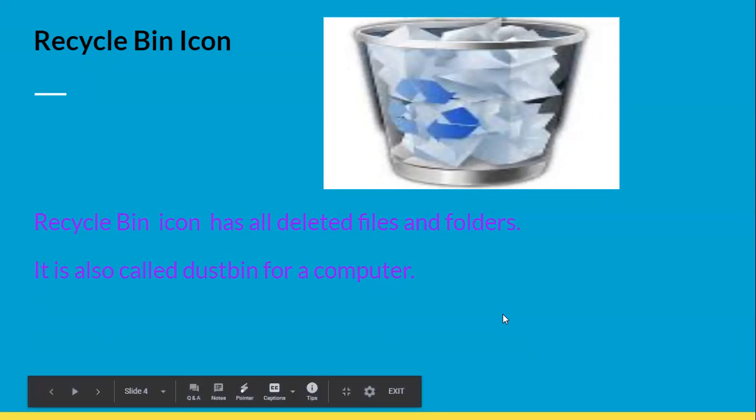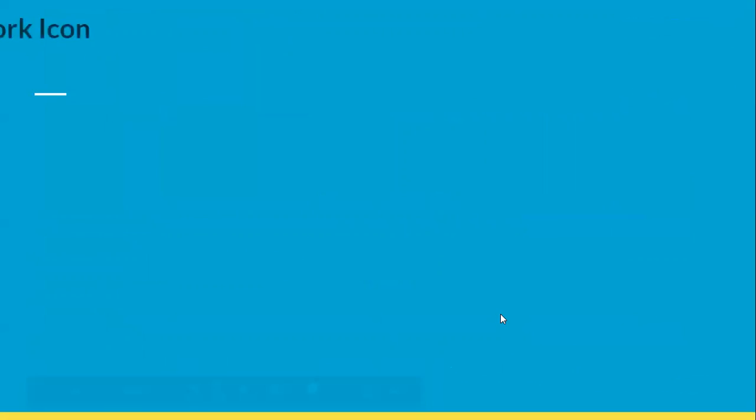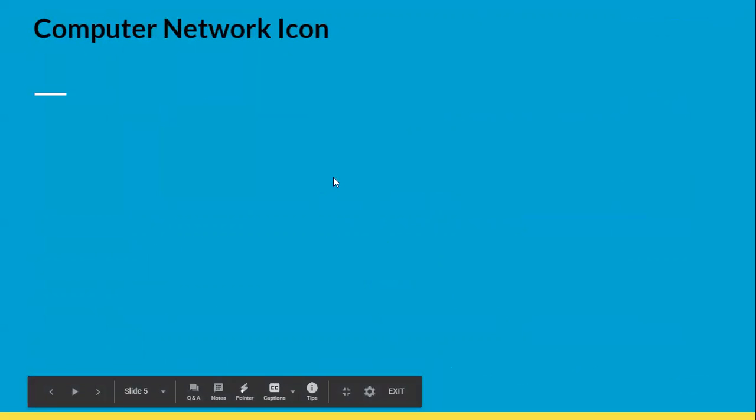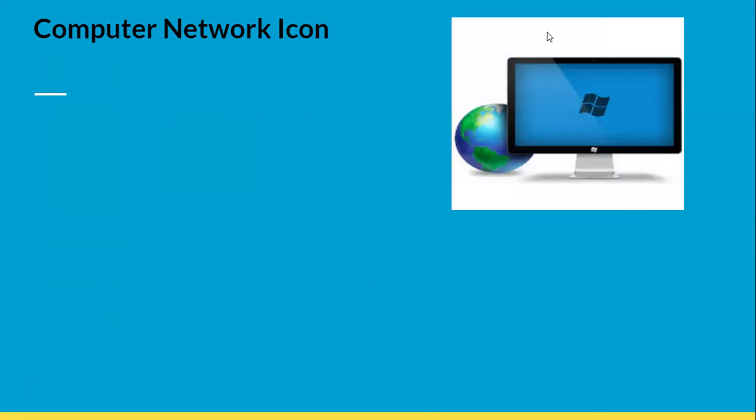Now our next topic is the computer network icon. What is the computer network icon? I'll show you the image. Look here. This is the image of the computer network icon. So what is there in the computer network icon? Students, all of you are using the network.